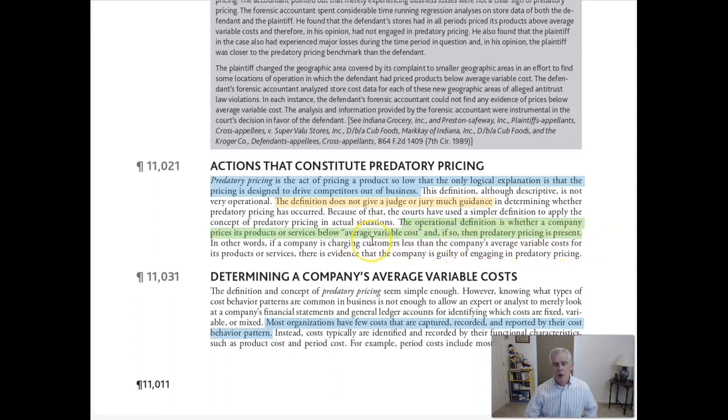So average variable cost, to an accountant, that sounds, okay, that should be easy to compute, right? But if you just look at someone's financial statements or their tax return, they don't have revenues and cost broken all out into fixed cost, variable cost, semi-variable, semi-fixed. It's not shown that way. So just a cursory review of the statements or tax returns does not show you really useful information. That's when one side has to get in and start subpoenaing the records of the other side.